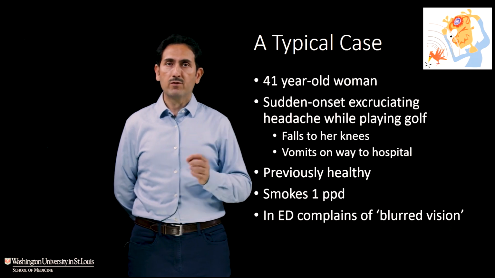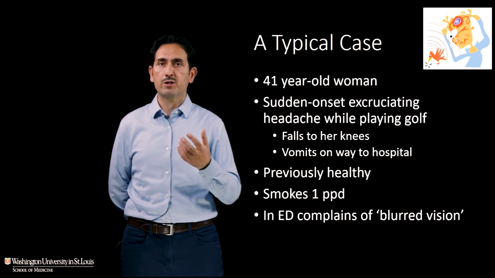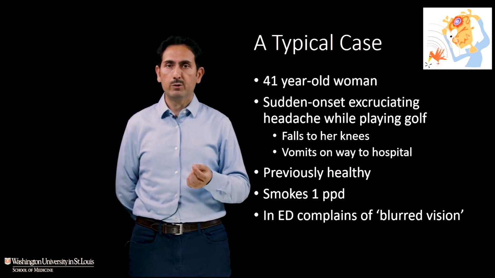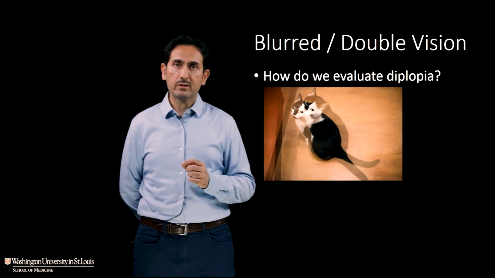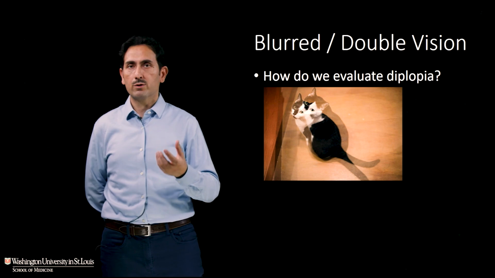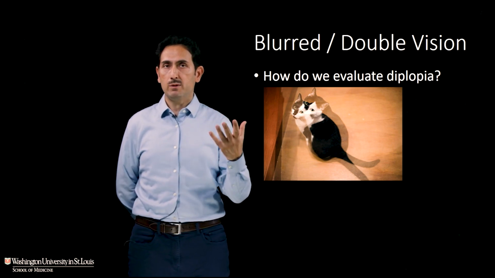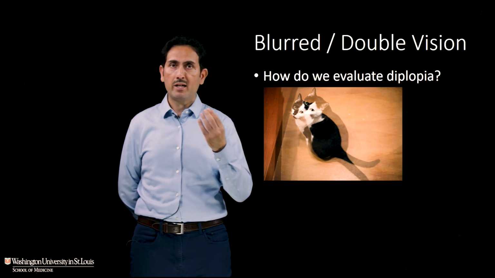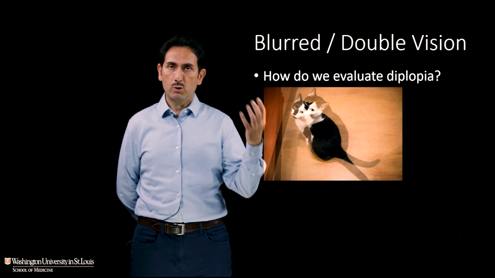Now, another symptom that's fairly common in subarachnoid hemorrhage and other neurological diseases is blurred vision. And I'd like to spend a few minutes describing how we can evaluate someone complaining of blurred vision, for example, in this setting. So the first question to ask is, when someone says they have blurred vision, is it really blurred in one eye or both eyes, or is there double vision? And if you can get a sense that there is double vision, you want to ask, is that coming just from one eye, or is it so-called binocular?